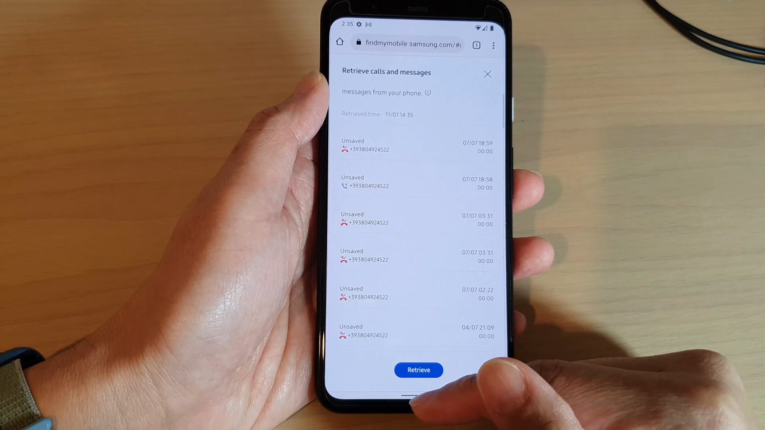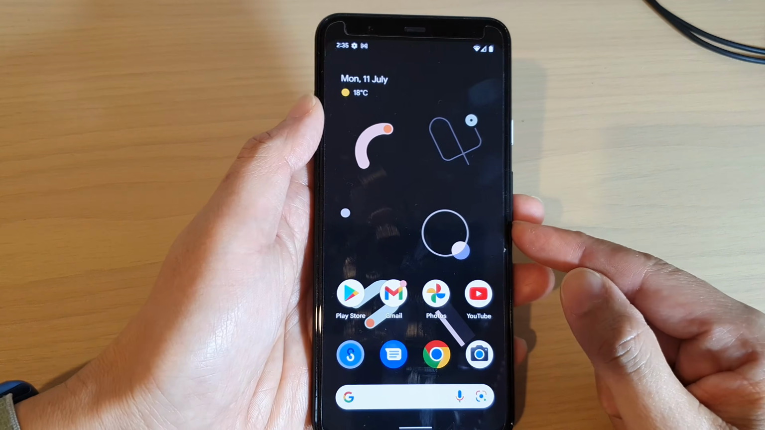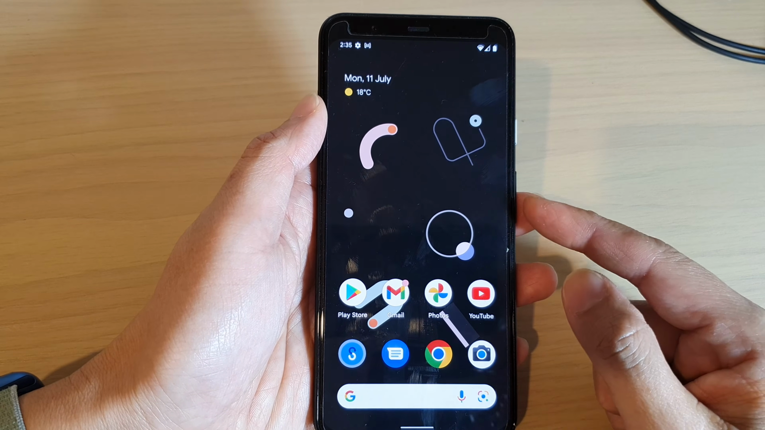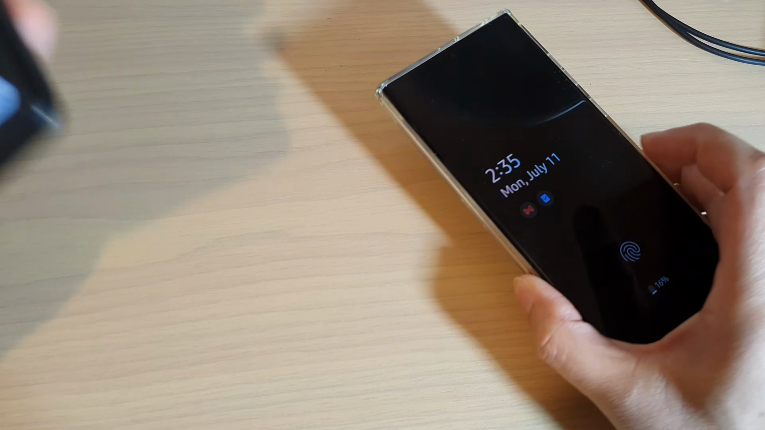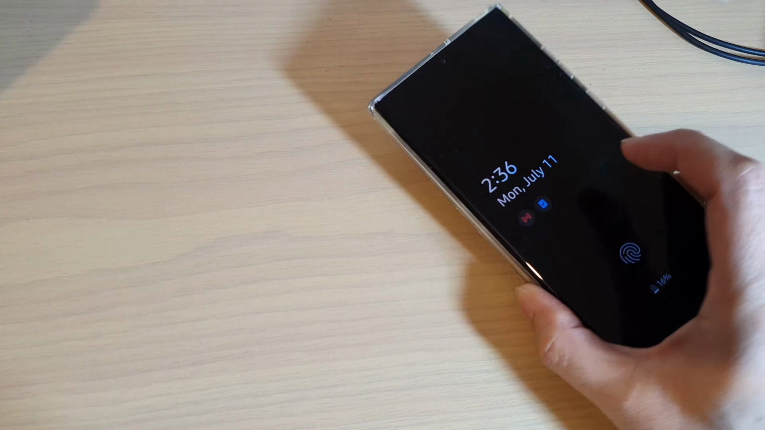And that's how you can retrieve call or messages from another phone, so that you can access messages remotely for your Samsung Galaxy